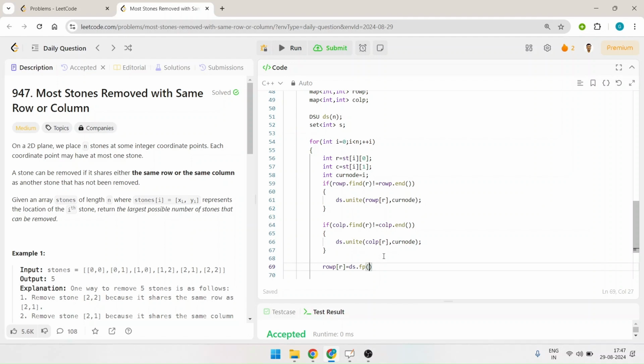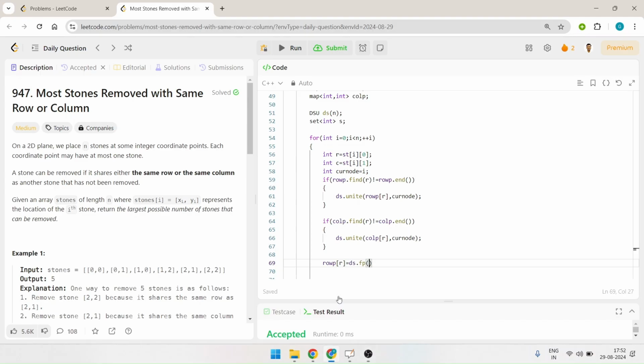So what should be assigned to row p of r? We already have an ultimate parent of row p of r, but it might be the case that it gets changed during the union of this cur node and row p of r. It would be row p of r only because cur node is of size 1, but still also